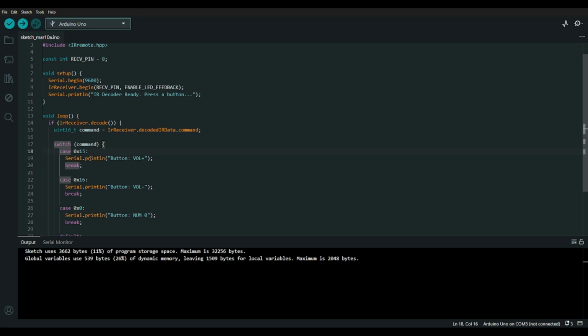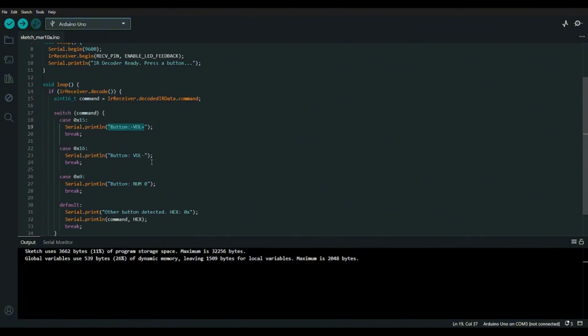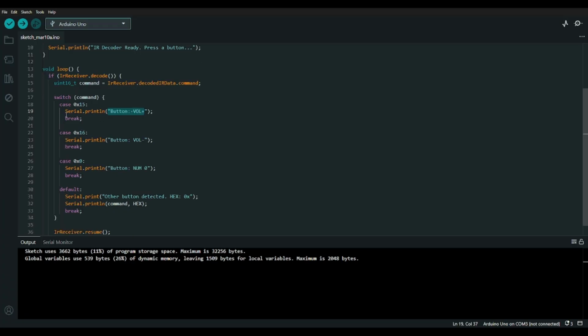So when the Serial.println in this segment is pressed, it's gonna show up in the serial monitor. And we have different cases here, 0x16, 0x0, and the default here, which would say in the serial monitor "other button detected" and the hexadecimal.